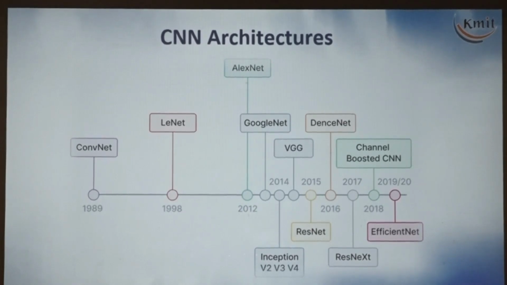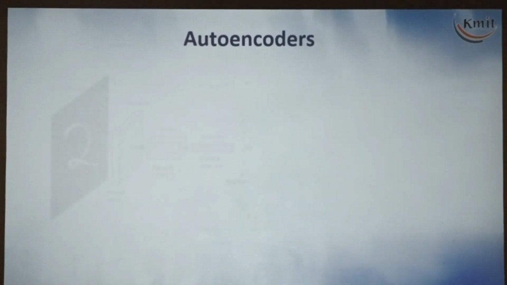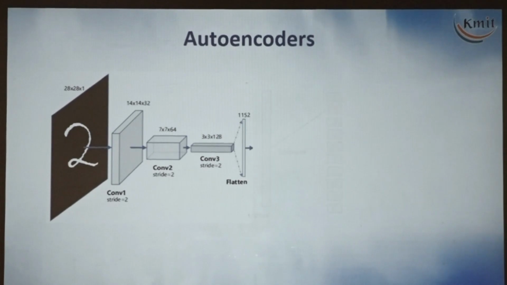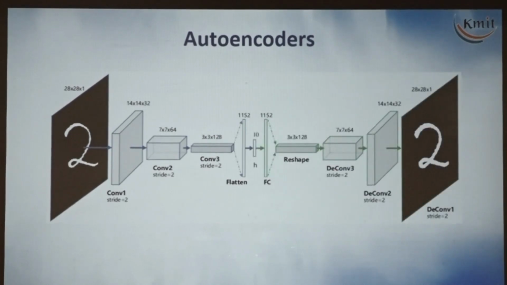Right? Now, my intention is, see here, this is the same thing. This is the classification. Now, my intention is not this. I want to regenerate the image. Whatever image I have given, I want to regenerate the image here. I don't want to identify that. For that, what we can do is, we can create the mirror image or mirror architecture on the other side.